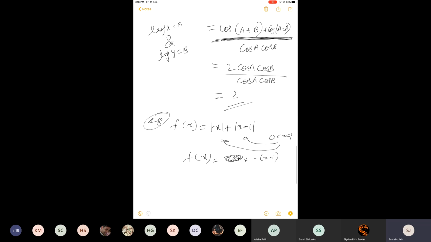So overall the question was based on removing the modulus sign, but we can't remove it like that. We should know the nature of the term which is present inside it. Since it is given in the question that x is from 0 to 1, this is positive and this is negative. So that is why this will open as such, and this one will open with a negative sign. Why? Because whenever modulus is removed, we get a positive value. So based on this, when we open the two modulus signs, we are getting 1 as the value. So A will be the answer.